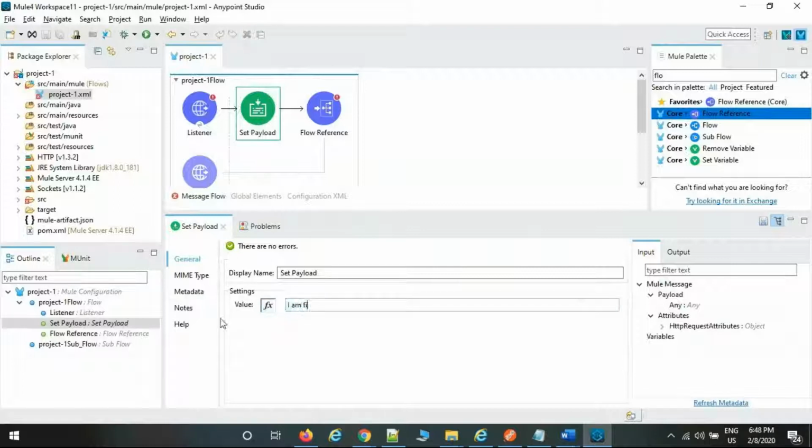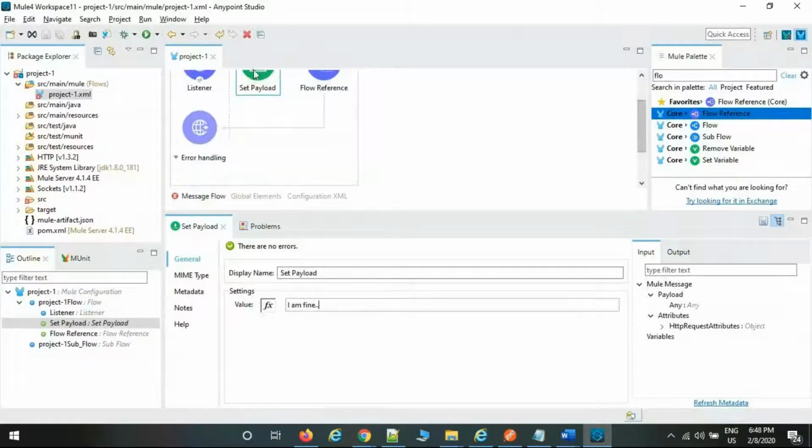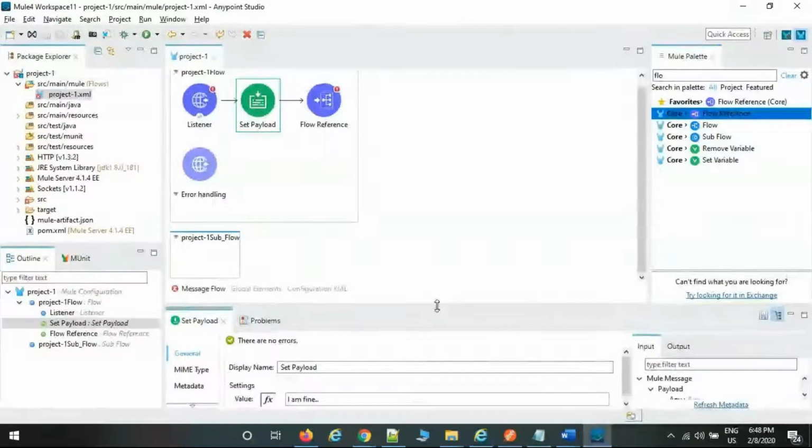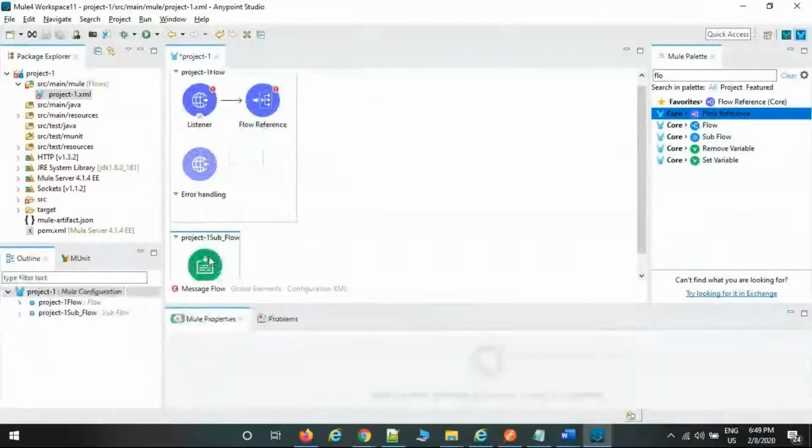This is an "I am fine" example. I have set some information, "I am fine." They are sending the request, MuleSoft is receiving the request, and we are returning whatever content I have set. The same way, that is what we discussed yesterday. Now whatever I have defined here, okay, now I'm going to drag it and keep it in the set payload.